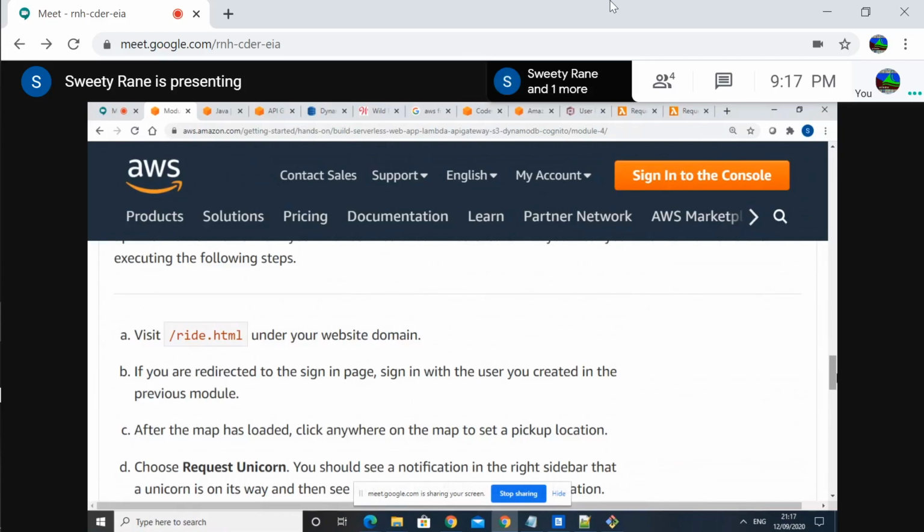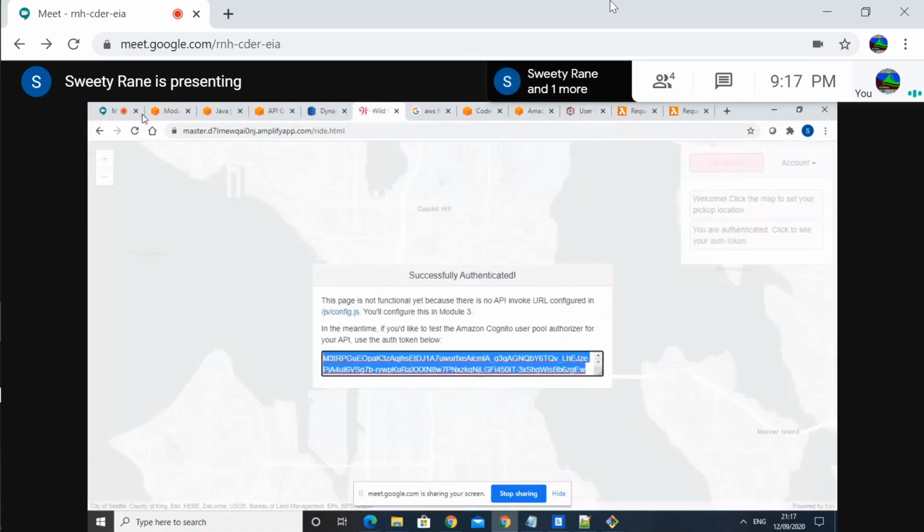So that is how it will work. So refresh, go to your page of wild rides and refresh this page.